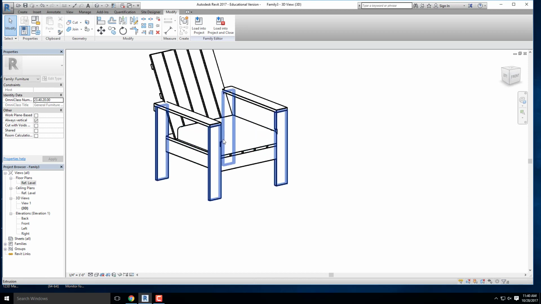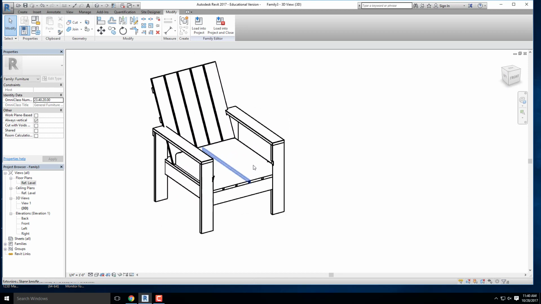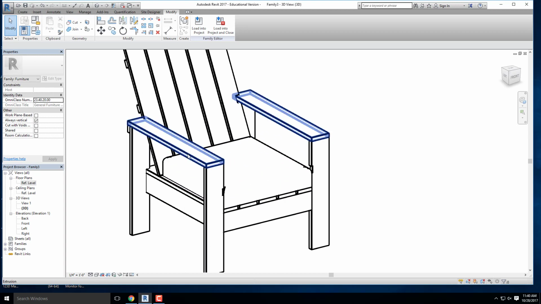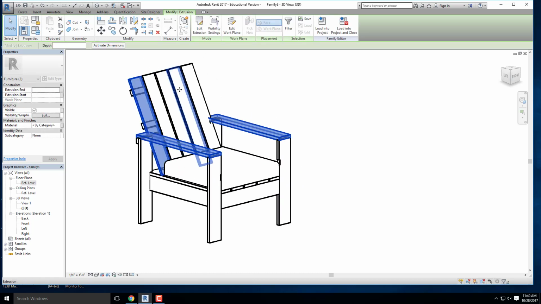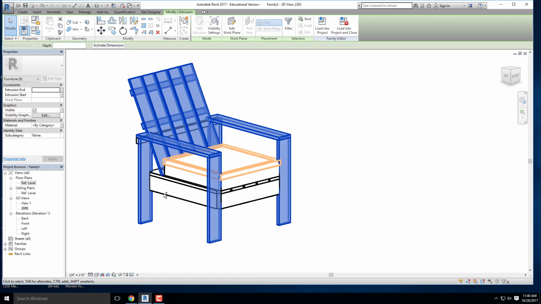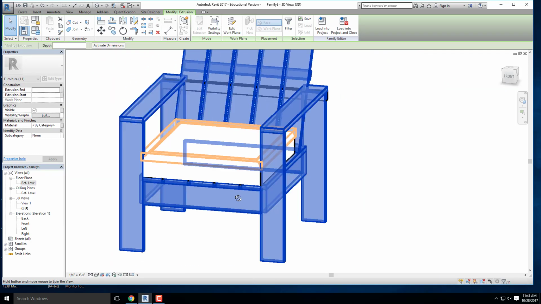But that right there shows you how to finish that chair. Once you get all the pieces done, you can start to select all of the different components and assign them materials. If you want this thing to be wood, you could select all of the different wood pieces and start to assign materials. If you want these to all be the same piece of wood,